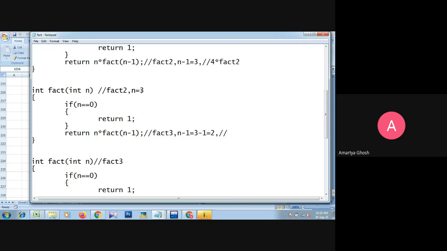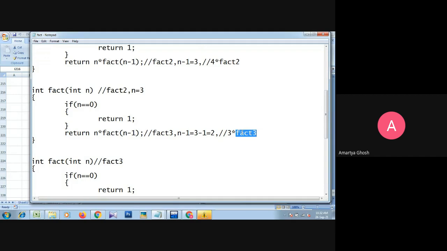The value of n is 3, so 3 into the function call, and that function is fact3 here, so this is fact3. After fact3 completes, whatever value is returned from that fact3 should sit or be replaced here, and then we can understand the solution of this equation.